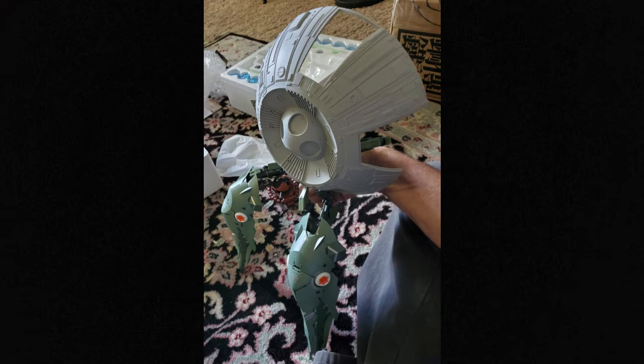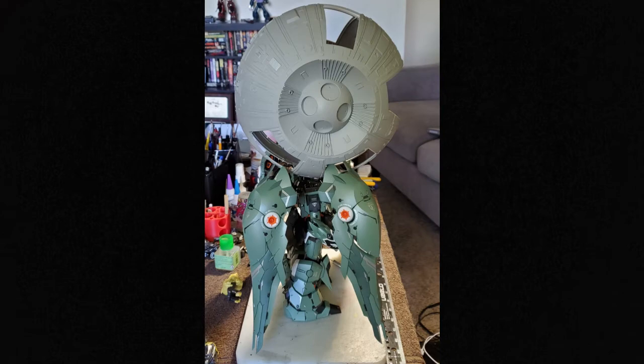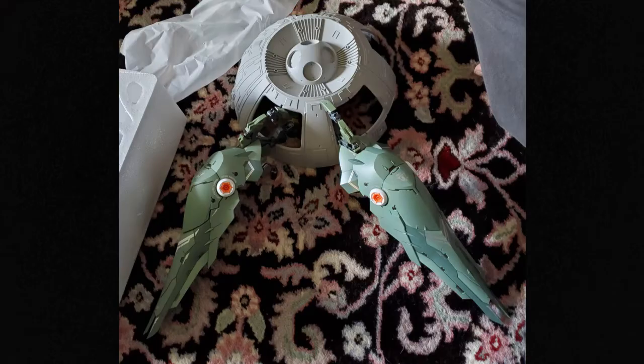That was the one thing that I just really hadn't planned on when I ordered that MLev kit. I really didn't have any idea how big it was. When I got it, I was just shocked. Like, oh my God, what have I done? You've got to understand this project's almost 2 years in the making. I first saw that MLev kit about 2 years ago and started saving for it. Ordered that, and then it took 8 months to get the Kshatriya